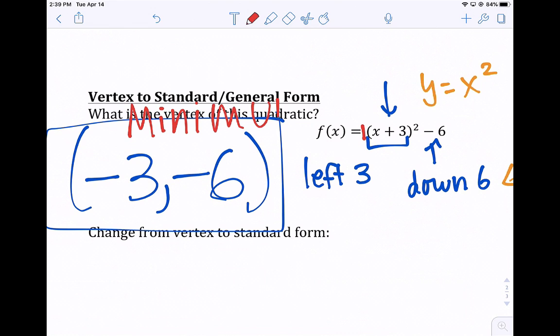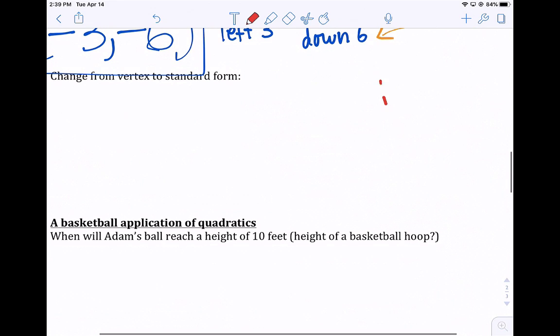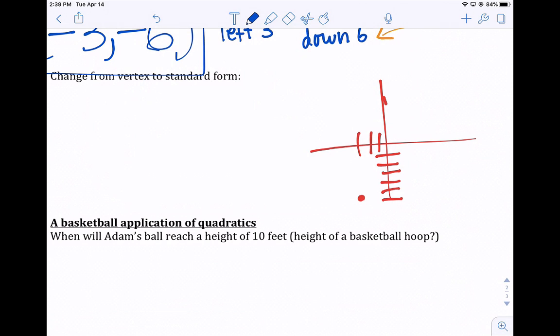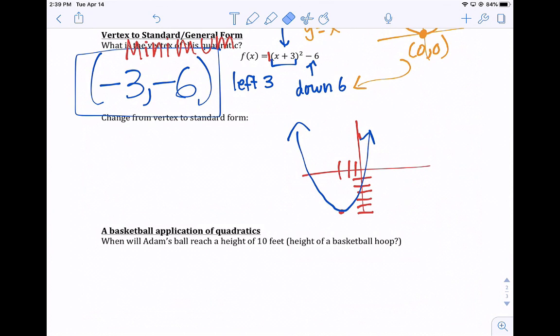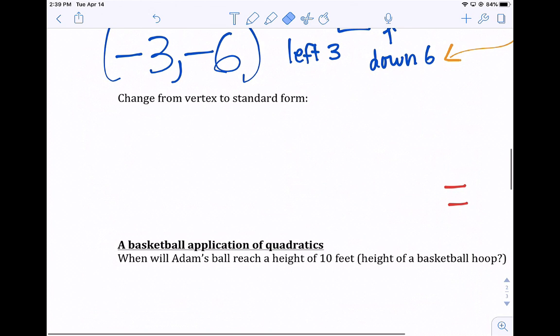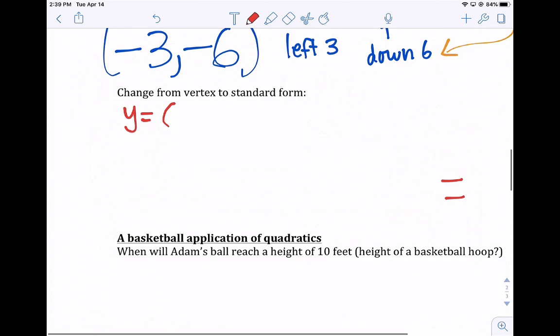Minimum. If I were to graph this at -3, -6, there's the vertex. I don't know what the zeros are in this form. I could convert it and find them out, but our graph would look something like that. All right, and then the new part here was, can you change from vertex form to standard form? So again, I'm going to rewrite that first equation that was in vertex form, and it was x plus 3 squared